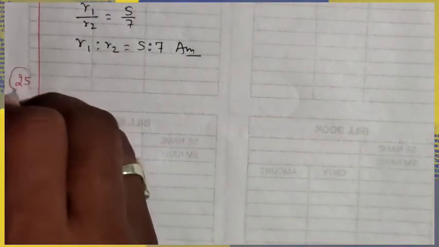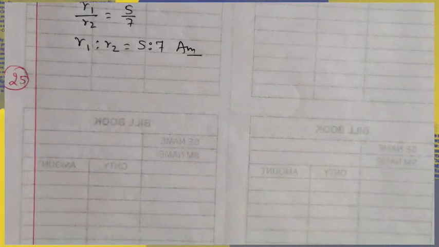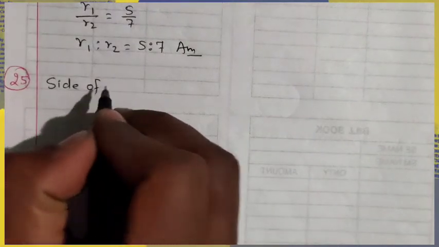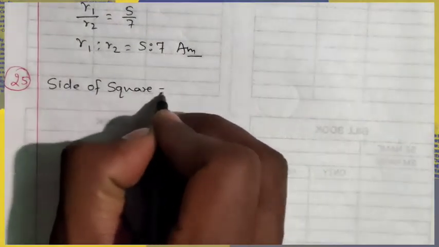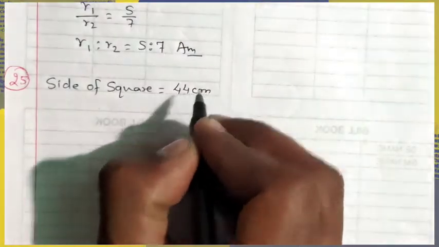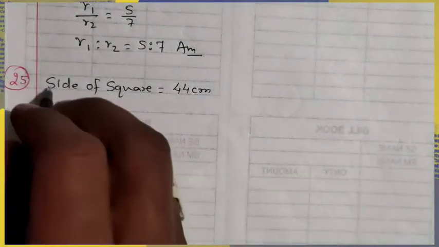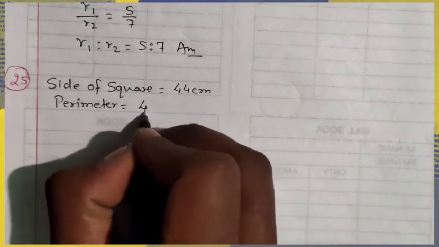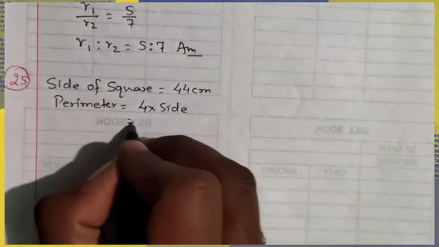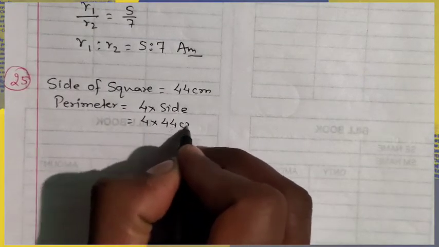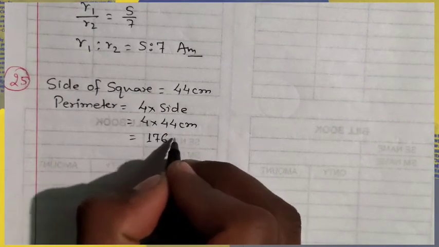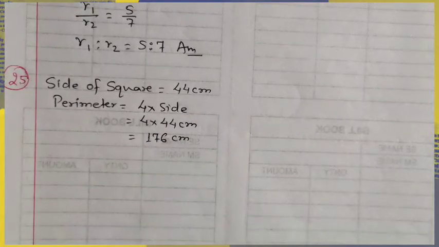Now we are going to solve the last question for this video and for this exercise also, that is question number 25. Question number 25 is saying each side of a square is 44 centimeter. It means the side of a square is given, side is equal to 44 centimeter. Find its perimeter. First we will calculate the perimeter. The formula is 4 into side, that means 4 into 44 centimeter. 4 4s are 16, carry 1, 4 4s are 16, and 1 is 17. It will be 176 centimeter. The first part we have solved.